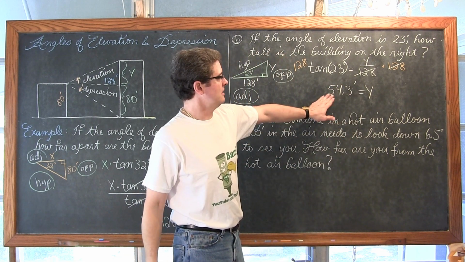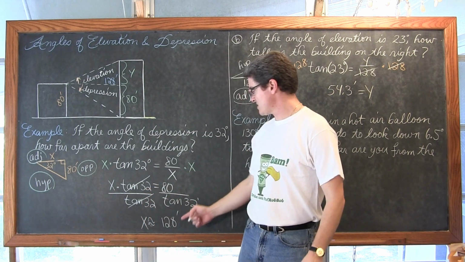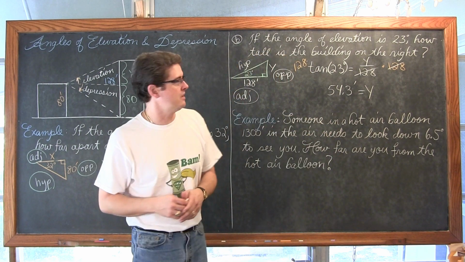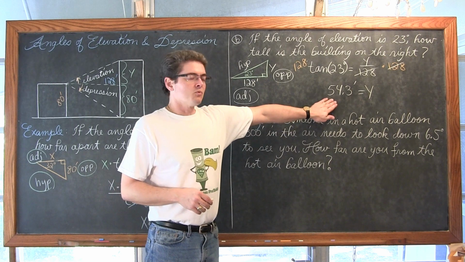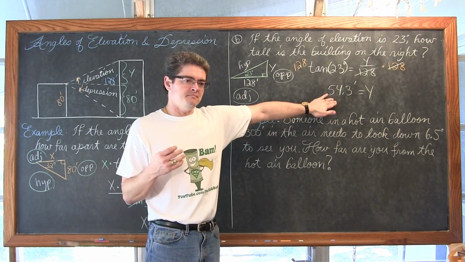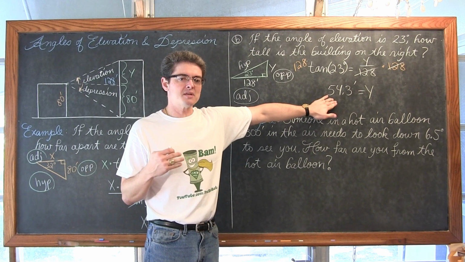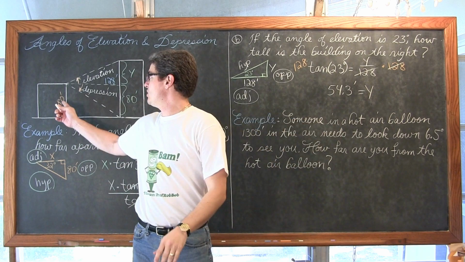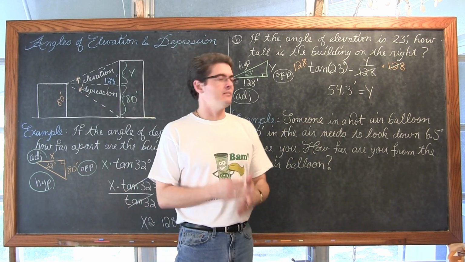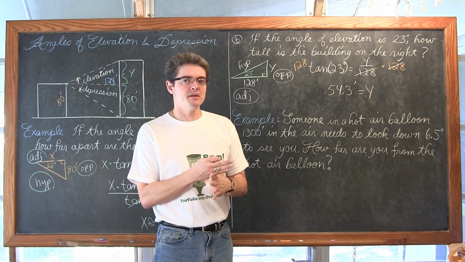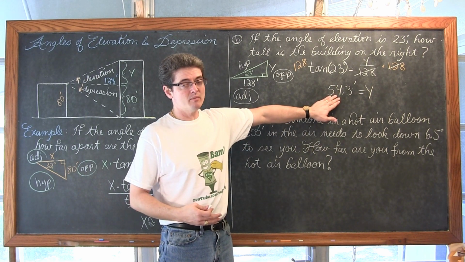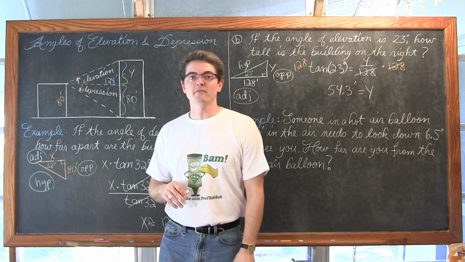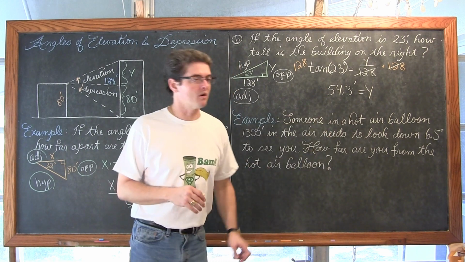I have a feeling that I only rounded it off to the tenths. I don't remember exactly what I got out of my calculator, because I'm just using my notes here. If your teacher's really stressing the significant digit idea, you're not supposed to represent any calculated values to be any more accurate than your measured values. So if we wanted to be super strict on this, your teacher might want you to round this off to 54 feet to appear to be no more accurate than the given measurement of 80 feet. I'm going to just go ahead and keep the decimal though, not worry about that.